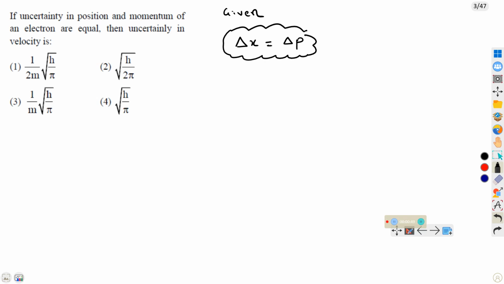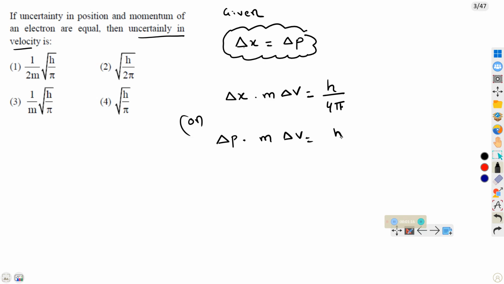What we know, formula is delta x into m delta v is equal to h by 4 pi. Because the question asks for uncertainty in velocity, in the place of delta x substitute delta p, or it can be written as delta p into m delta v is equal to h by 4 pi. Delta p, momentum, is equal to mass into velocity, m delta v,